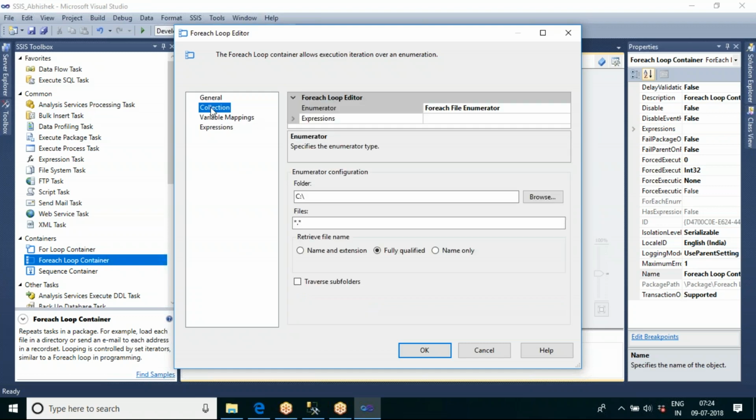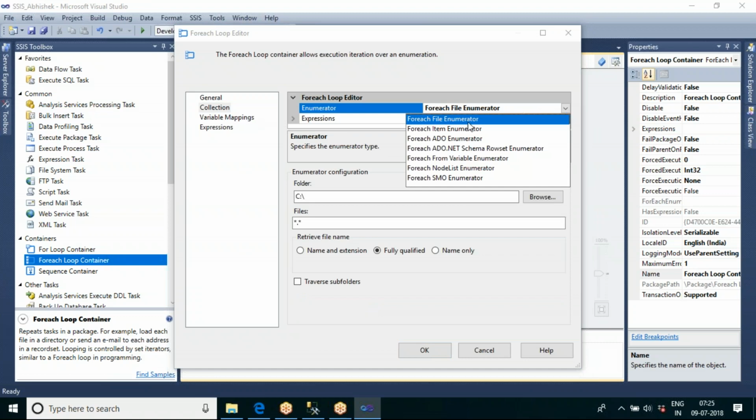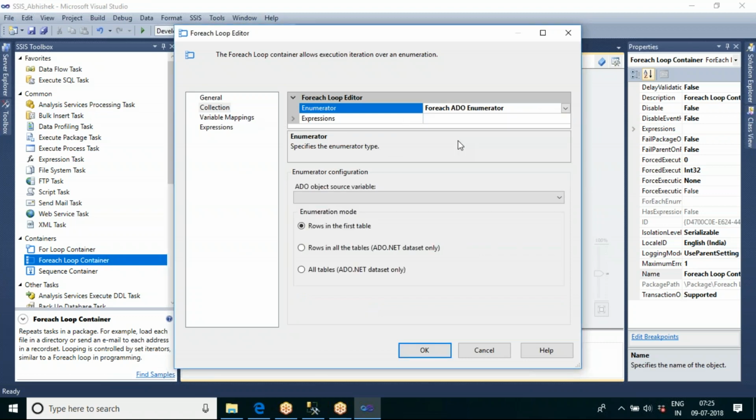in the container collection, since your source data is coming from a table, I will select the enumerator type as ADO enumerator. ADO means ActiveX Data Objects, meaning if your input data is coming from an object variable, I select ADO enumerator. I'm telling it that my source data is coming from an object variable.